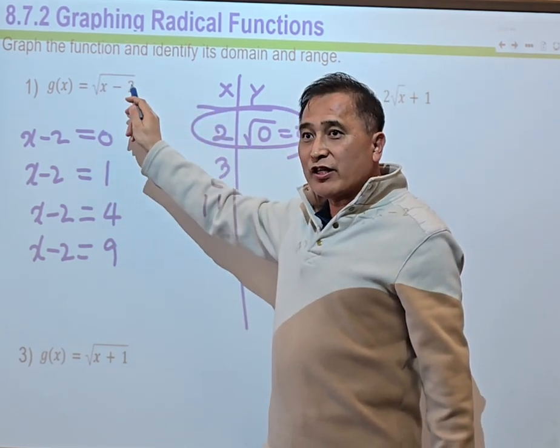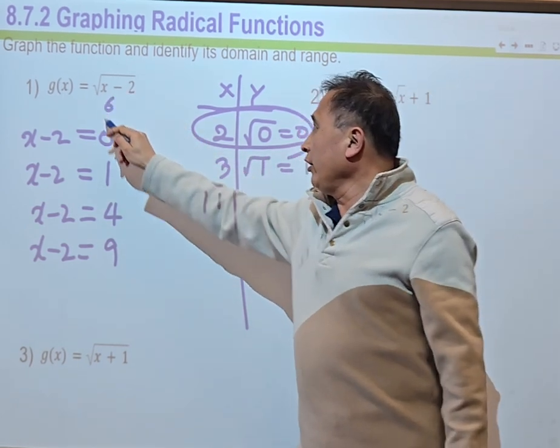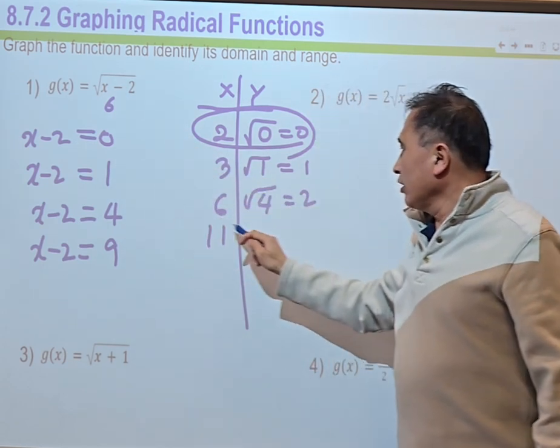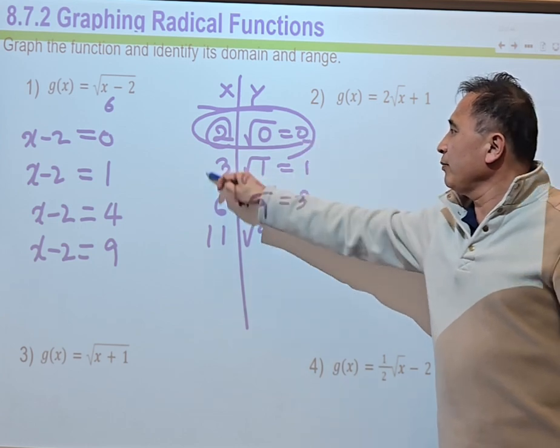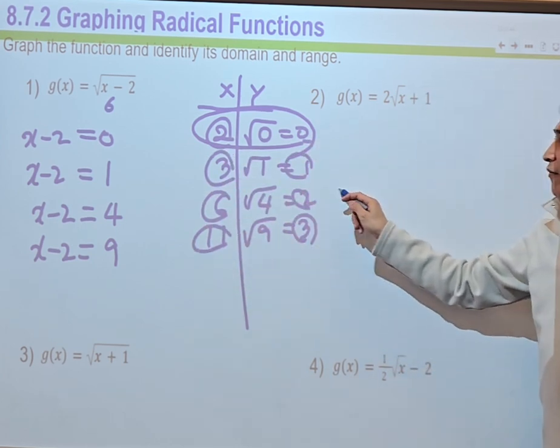You put 3 there, 3 minus 2, which is root 1, 1. You put 6 there, square root of 4, which is 2. 11, square root of 9, which is 3. This is x value, this is y value. X value, y value. X value, y value, right? X value, y value. So if we draw the graph,